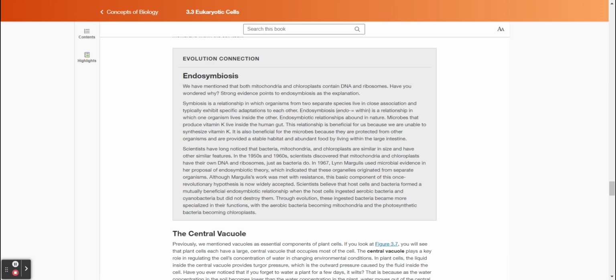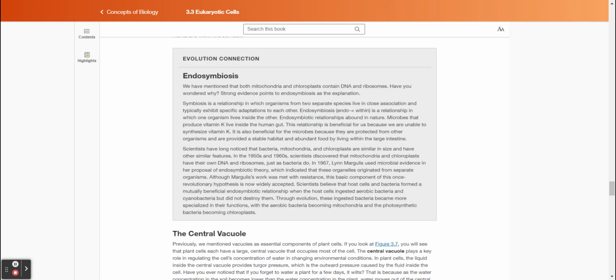In the 1950s and 1960s, scientists discovered that mitochondria and chloroplasts have their own DNA and ribosomes, just as bacteria do. In 1967, Lynn Margulis used microbial evidence in her proposal of endosymbiotic theory, which indicates that these organelles originated from separate organisms. Although Margulis's work was met with resistance, this basic component of this once revolutionary hypothesis is now